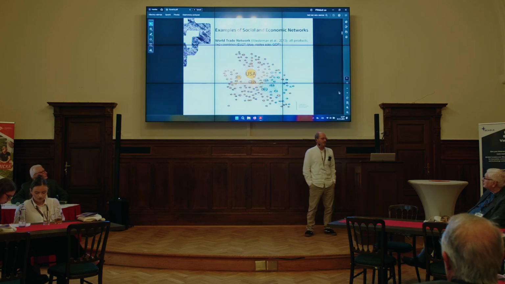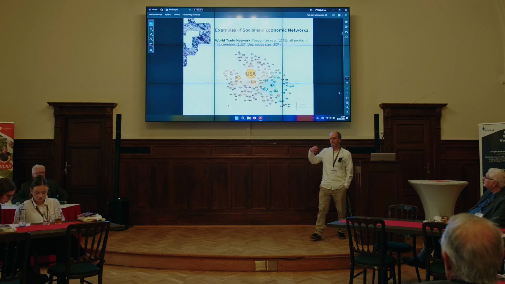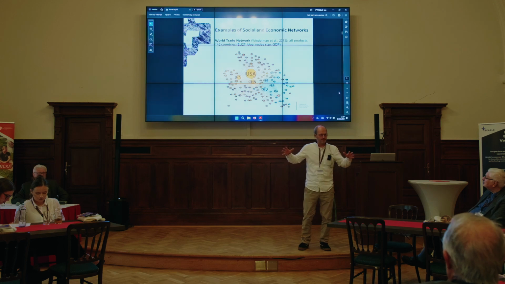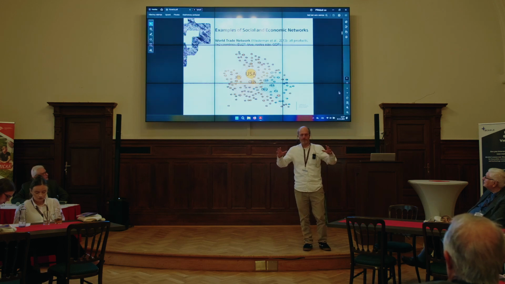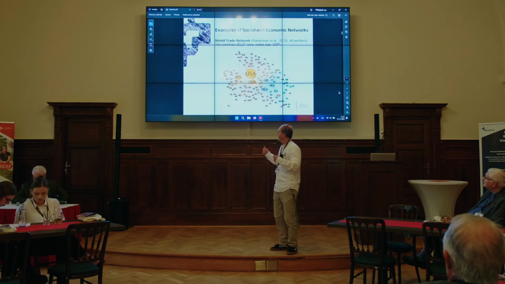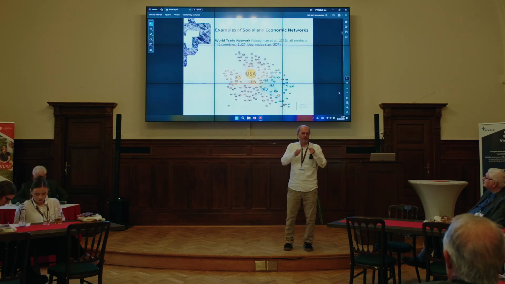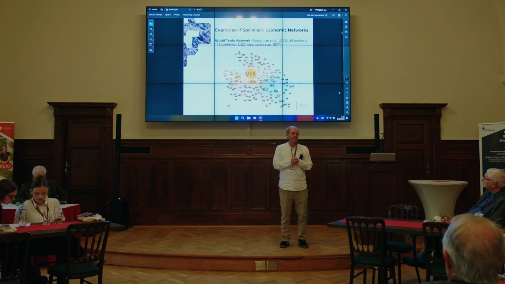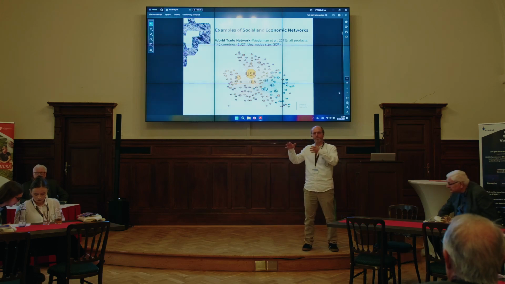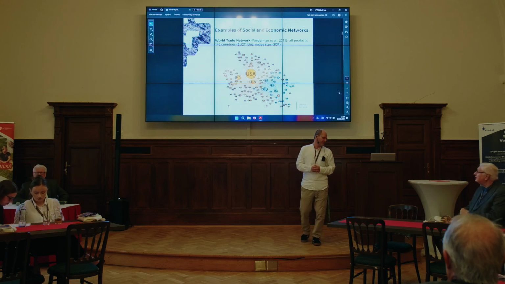And what is important, the reason why we use the network perspective, is that the structure of the network determines the performance of the system. The system is the planet here. And the positioning of the individual people is correlated with their success. I will all the time be talking about the global structure, the global architecture, what it does, and about the positioning of the individual people within the system.